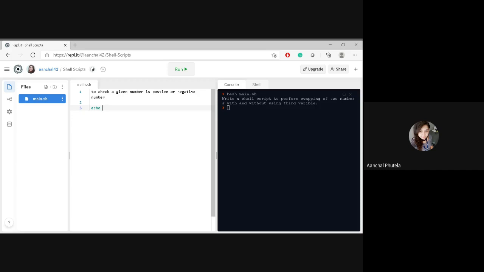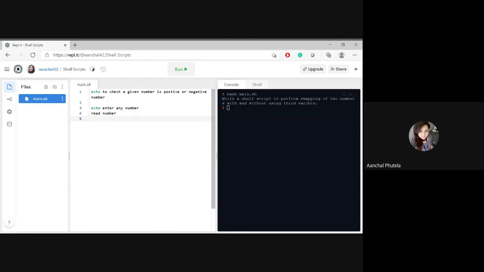So I'm writing: enter any number. The user will enter a number, and I am reading that number into NUM, right? I am reading that number from the user.